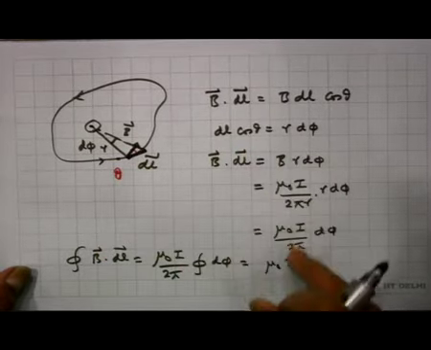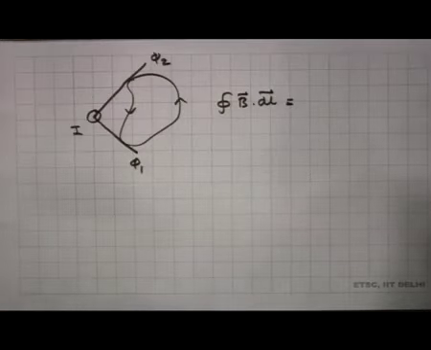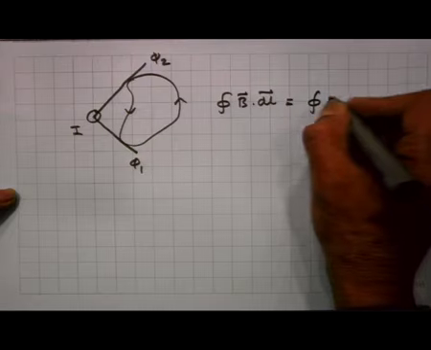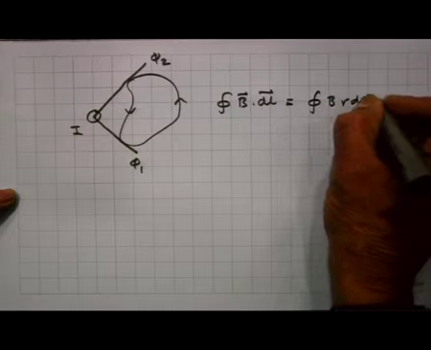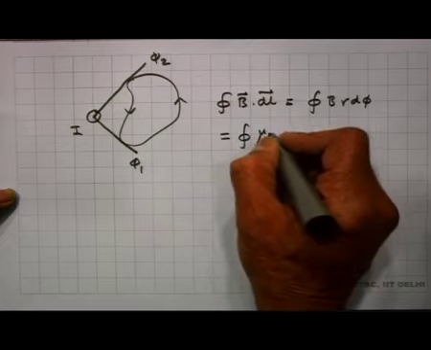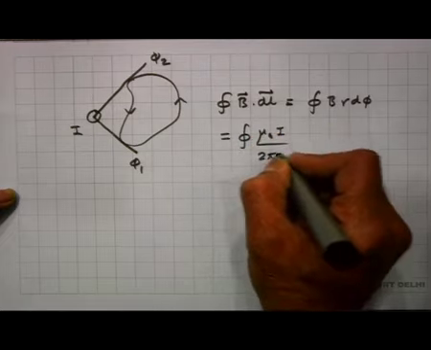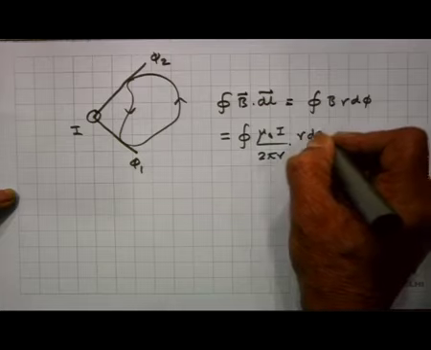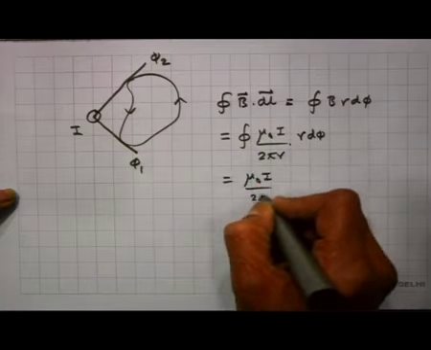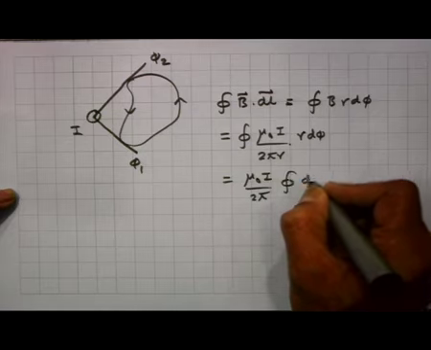So, B dot dl is nothing but B r d phi. So, I will get integral B r d phi, which is equal to integral mu naught I by 2 pi r into r d phi, which is equal to mu naught I by 2 pi integral d phi,